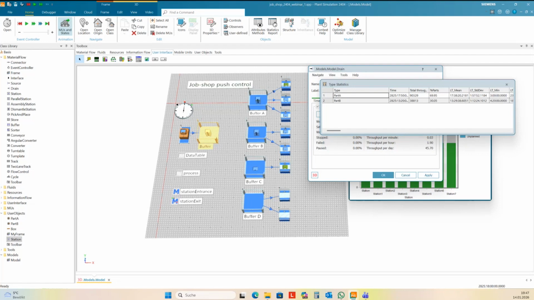Okay, the entrance control before actions will be called before the part reaches the station, and this will set the process time for the part that's coming, so it's not necessary to set the process time to 0.